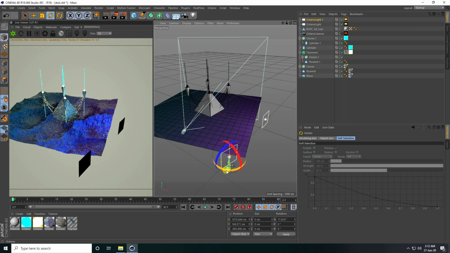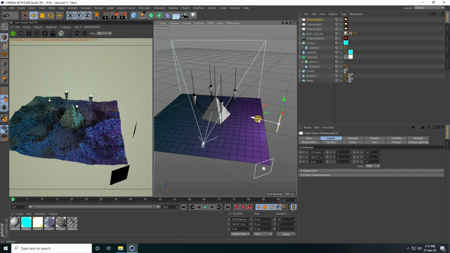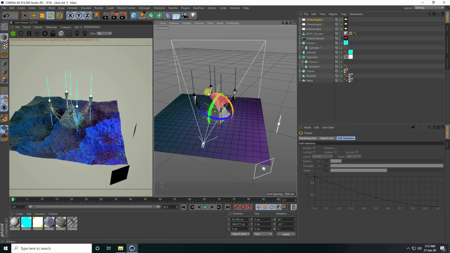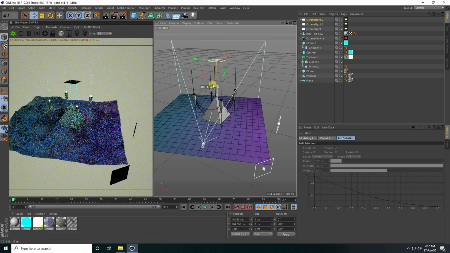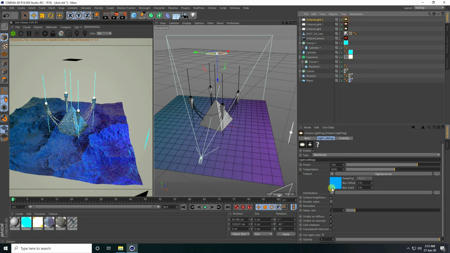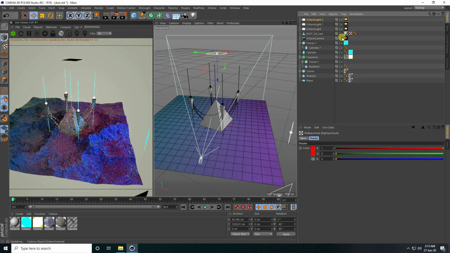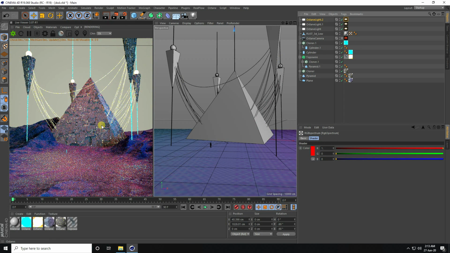So select this light and one more, copy and go to here. Simple. Okay, so now guys, take one more light, last one, and that's light on top. And change only color, this light, I take red color. And go to camera. Yeah, better. It's really good. Okay, so guys, all is good.